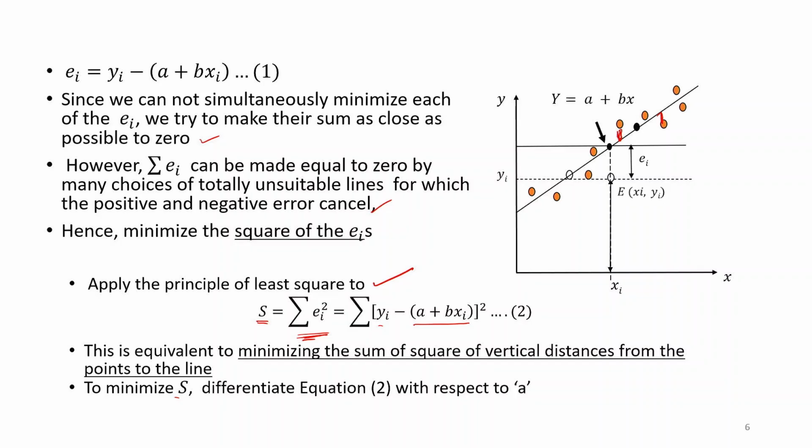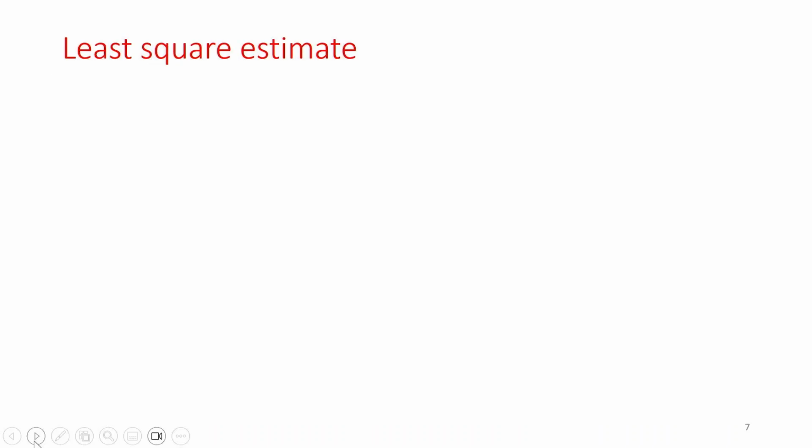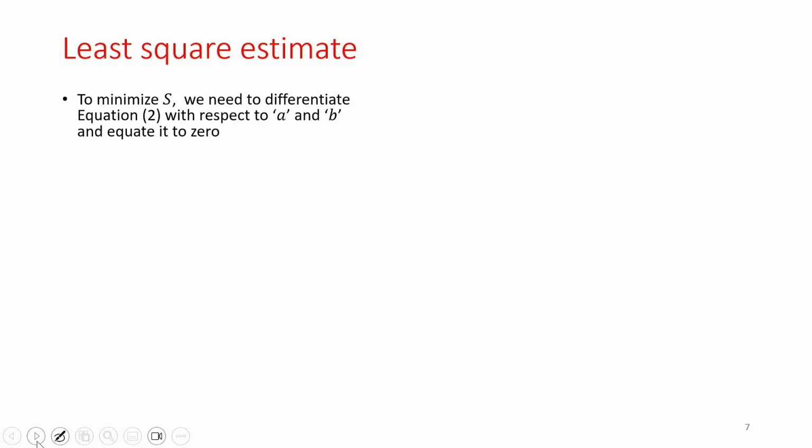We have to differentiate equation 2 with respect to a and also with respect to b, because this equation has a and b. We need to differentiate with respect to a and equate it to 0